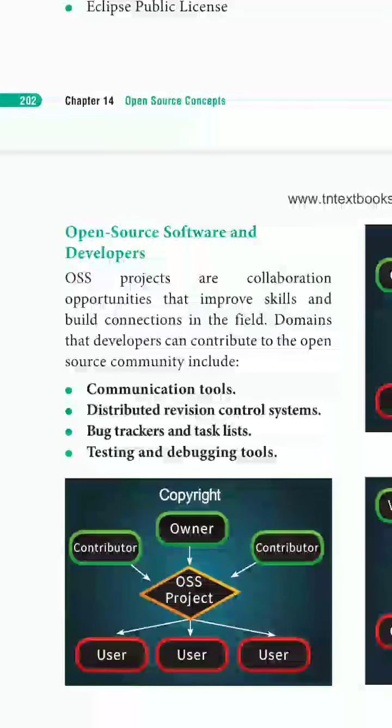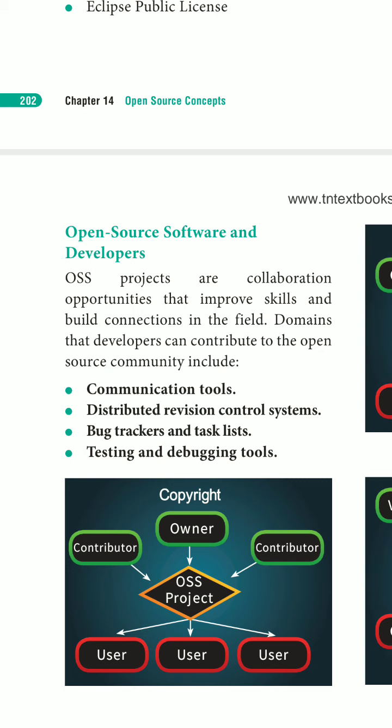So next is open source software and developers. Open source projects are collaboration opportunities that improve skills and build connections in the field.